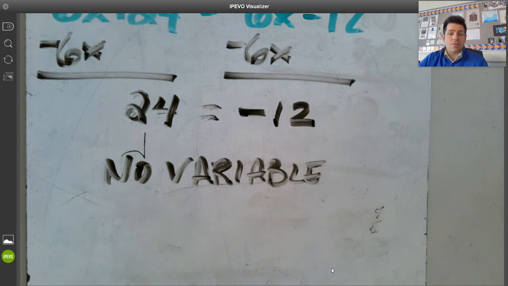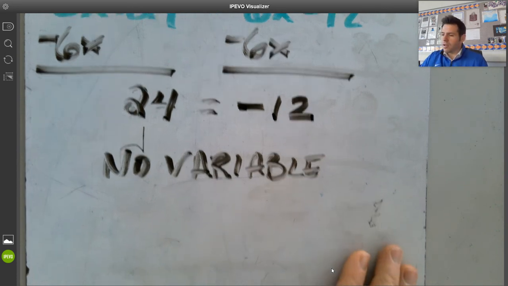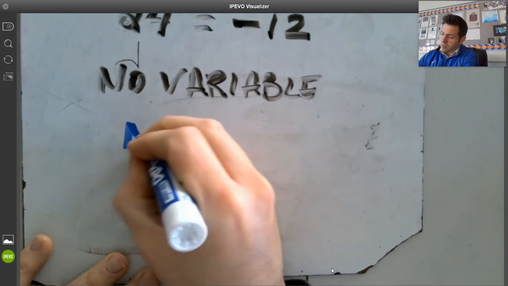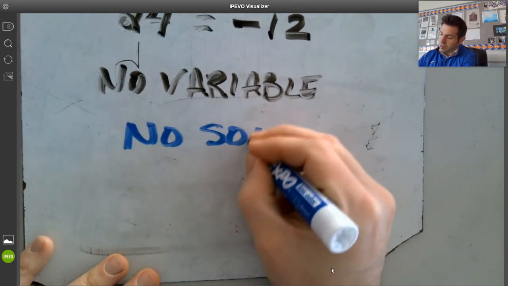And last time I checked, 24 is not equal to the number negative 12. So with that being said, our final answer is actually that there is no solution to this problem. So we're going to go ahead and write down no solution